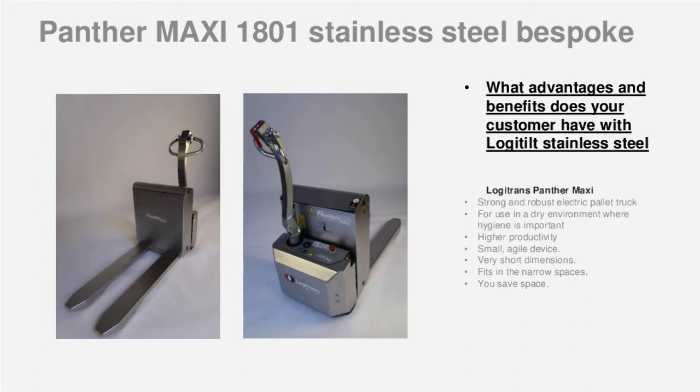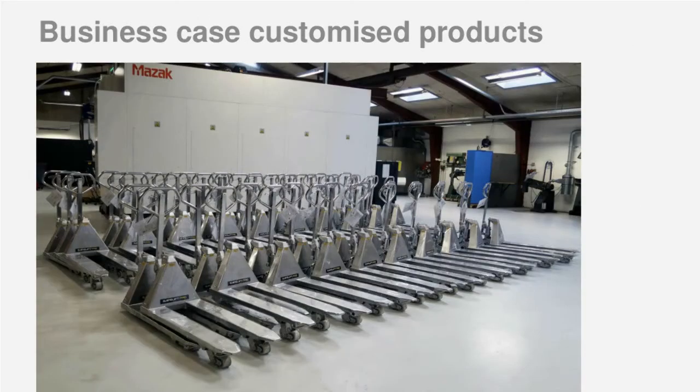This is a special customized unit. We can do the fork length in the size that you would like to have, up to 2 meters. This case is also a customized product. This is one that we are very proud of because we got a dealer who won a contract with an offshore company